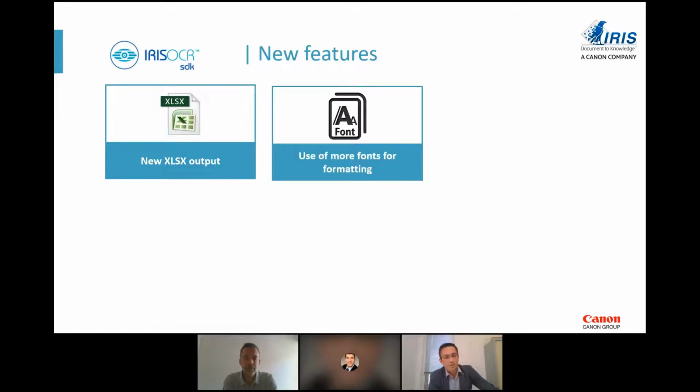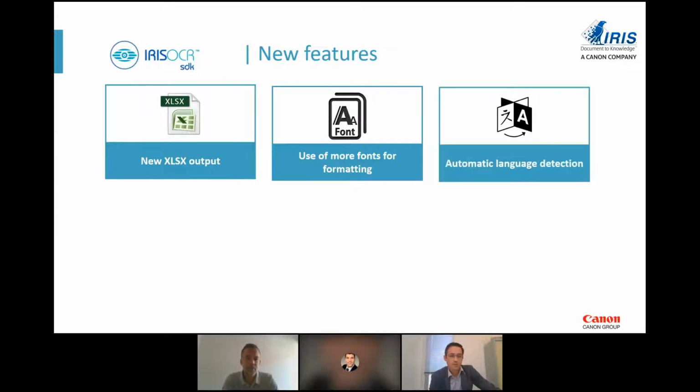Next to that, a new big improvement that we've done is that we have added more fonts for the formatting. In the past, we only had, I would say, 3 types of fonts in order to recreate the Word document or other type of document. We only were using 3 different fonts. Now we have added more, and we have more than 12 fonts, I believe, that we can use. So in that case, we are allowing you to recreate a document that looks more like the original one.